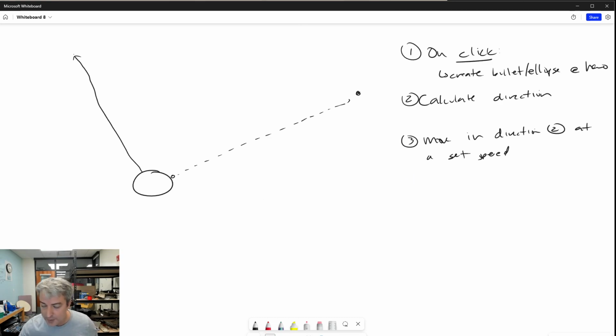Okay, so again, this is going to get a little bit tricky. I'm going to go through the theory and then we can talk about the code. What we need to do in order to find the direction. Okay, so on click, creating a bullet or an ellipse at the hero is not going to be that challenging. Calculating the direction is the first thing that is challenging. When we do direction, this is going to be some algebra stuff. We need to figure out the slope. We can think of this like a triangle. We need to figure out the slope of it. We find slope